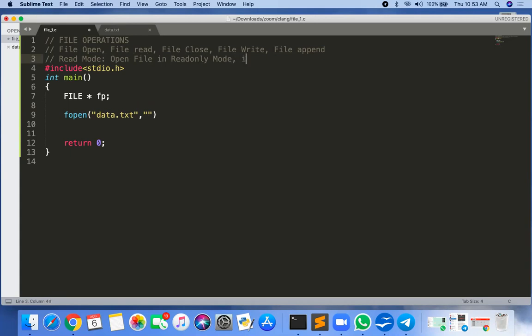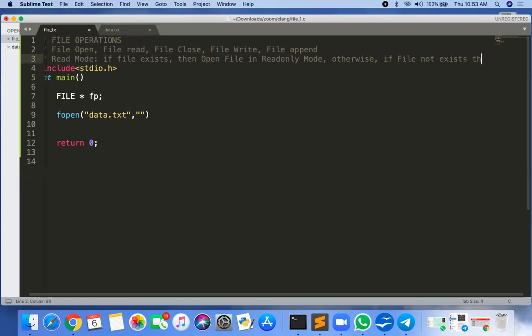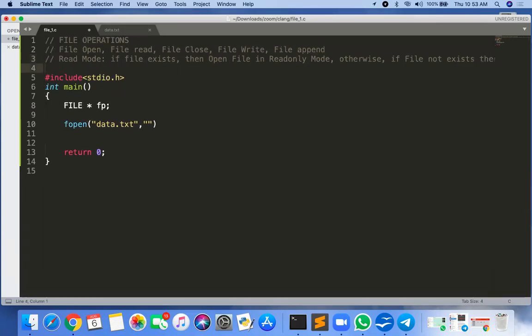Okay. And if the file exists, then open the file in read only mode. Otherwise, if the file does not exist, then it returns null.